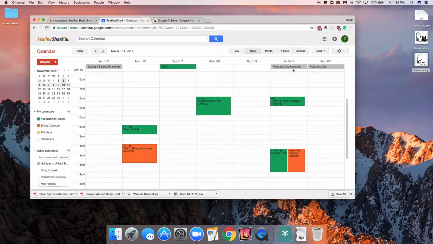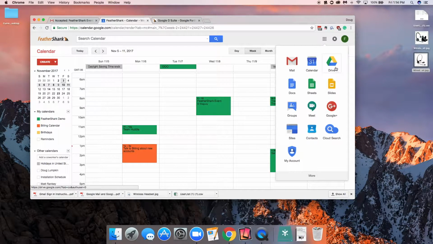So some of the other things that are built in to Google G Suite that we won't touch on in this video, but we'll have a follow-up video, is Google Drive, which includes your docs, sheets, slides, which is a really, really great file management and collaboration tool that you have access to as a G Suite user, and also some of these other functions. One thing that I didn't touch on that I do want to go back to